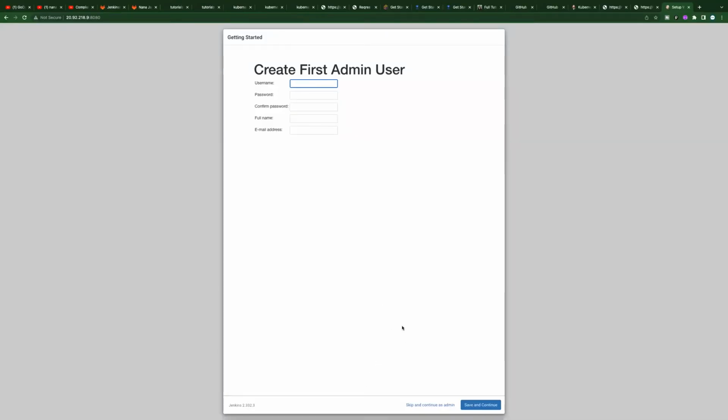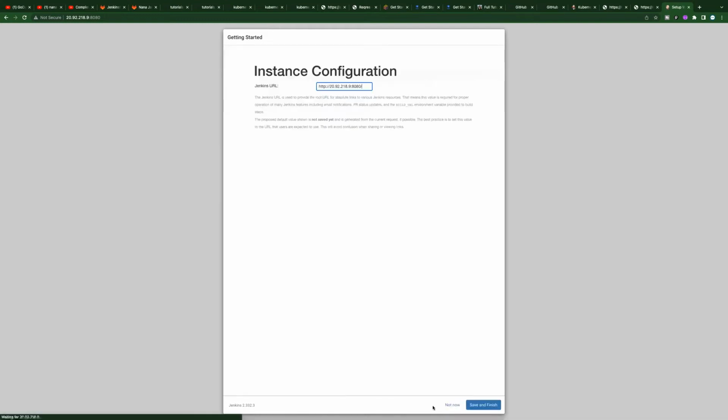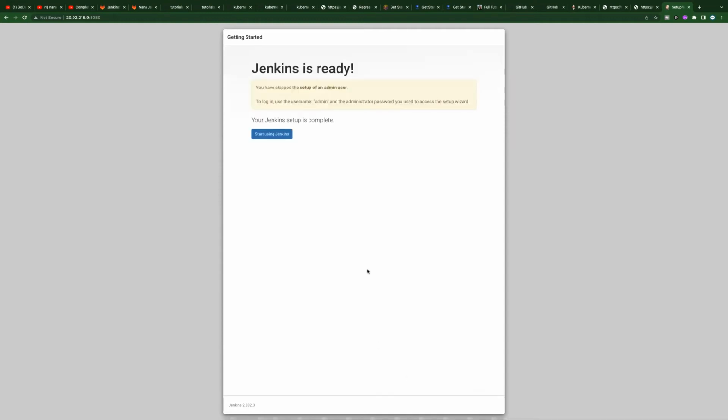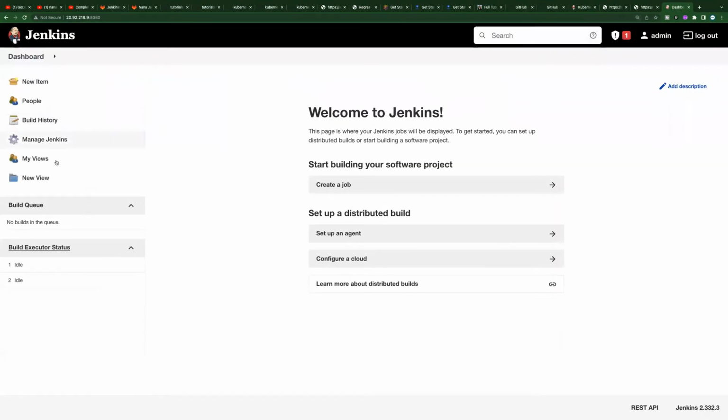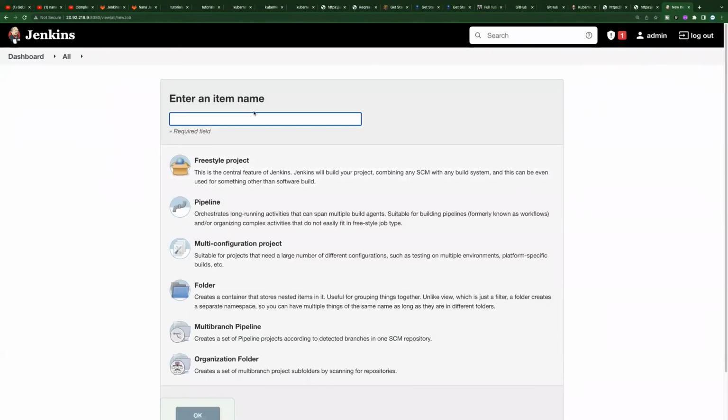Yeah, so it has finished installing all the plugins. So I'm not going to create a new account for a new admin. So I'm just going to skip and continue as the admin. And then I'm going to maintain this Jenkins URL, save and finish, start using Jenkins. Yeah, so basically this is Jenkins. So I'm going to create a new item, which I'm going to call